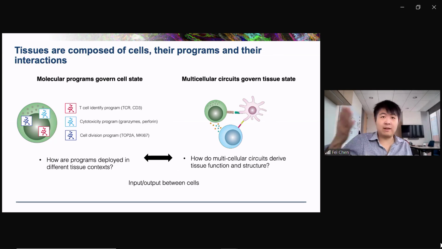And I guess we've known that for a long time because, through microscopy and pathology, we've studied tissues not in terms of molecularly defined programs, but more in terms of multicellular circuits. We can look at the structure and architecture of the tissue and how that is organized and is disorganized in disease. But I think today, we might really be able to look with molecular tools to explore how these two things are controlled and fed back into each other.